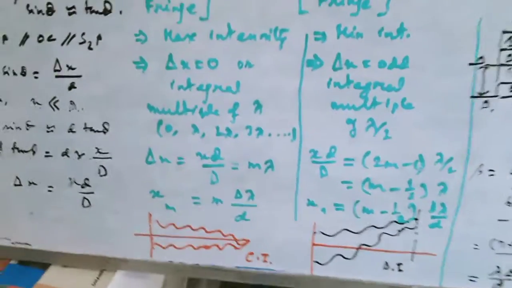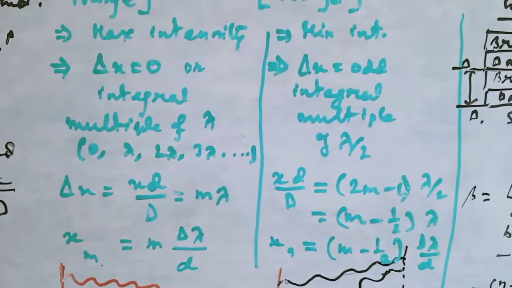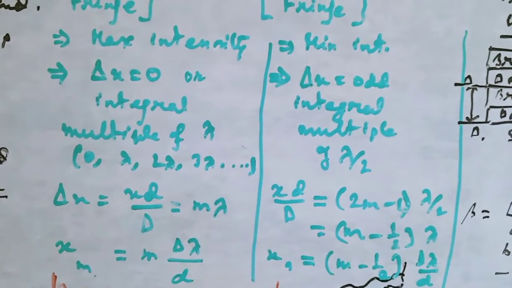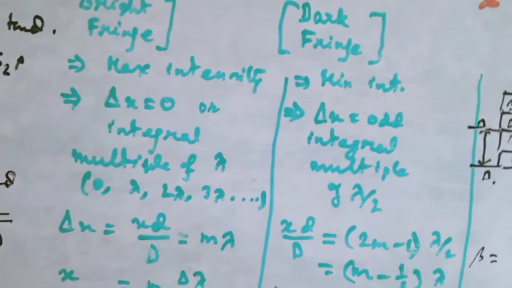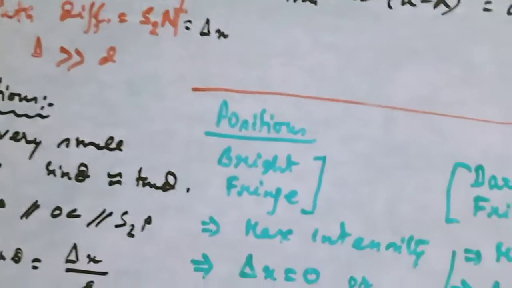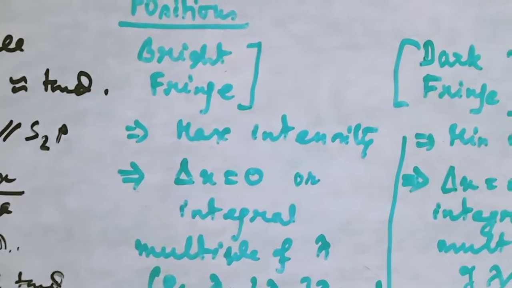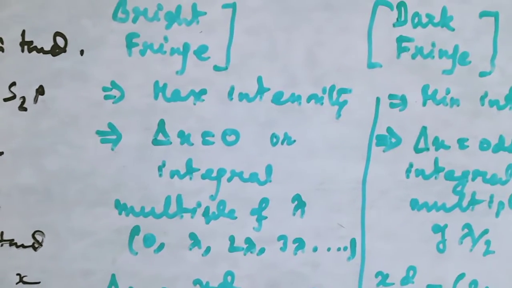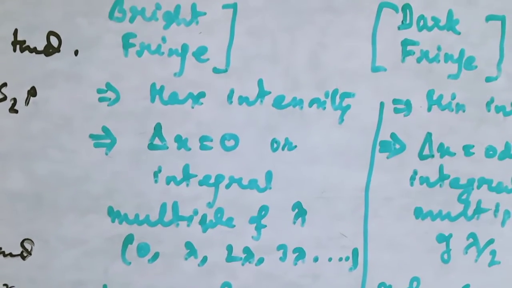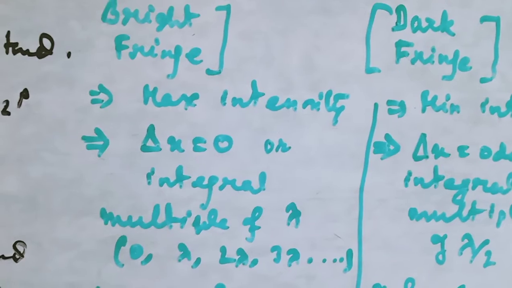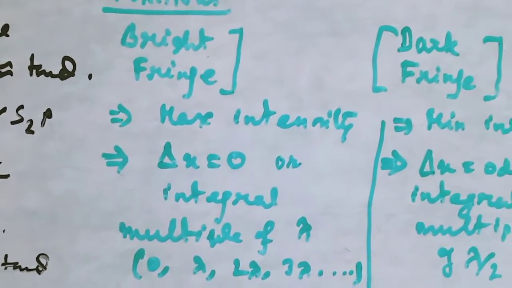How will we compute it? When a bright fringe is produced due to constructive interference, the intensity of the light is maximum at those places where the path difference between the interfering light waves is 0 or an integral multiple of lambda. It can be 0, lambda, 2 lambda, 3 lambda, 4 lambda. Consider plus minus sign here: plus minus lambda, plus minus 2 lambda, plus minus 3 lambda. Later I will come to this topic. So these are the positions of bright fringes.